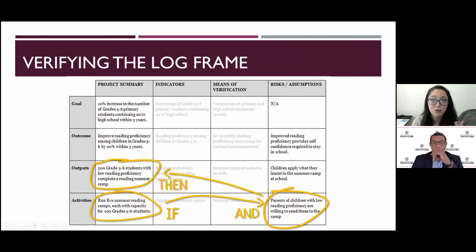Because this might be your first time doing a log frame. They're not the easiest thing to do the first time, trust me. When I first learned to do them, I thought they were an evil tool, but now I'm like, ooh, they're very helpful. So what you start with is you go to your activity, which is on the left,